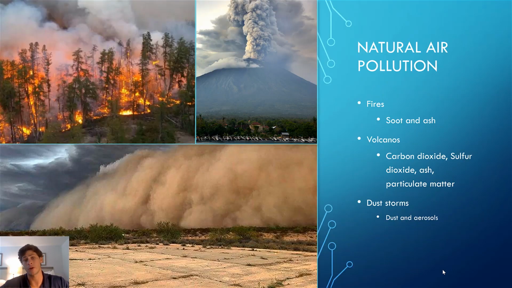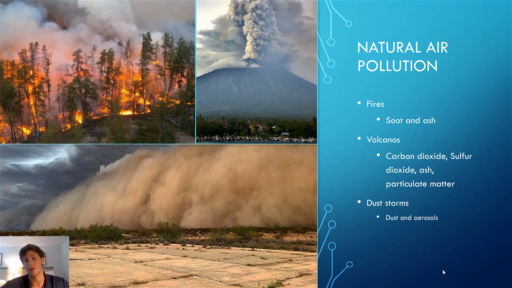Now, it wouldn't be right to just talk about human air pollution because there are quite a few sources of natural air pollution, three of which that we're going to go over briefly are fires. Fires are natural, wildfires in particular, even if they're human-caused occasionally. Lightning strikes often trigger forest fires, and as a result, forest fires are considered a natural source of pollution. And they're a source of pollution in that they release a lot of soot, a lot of ash, as well as a lot of CO2 as they are burning all of the wood underneath them for fuel.